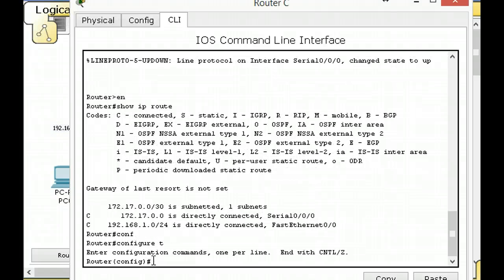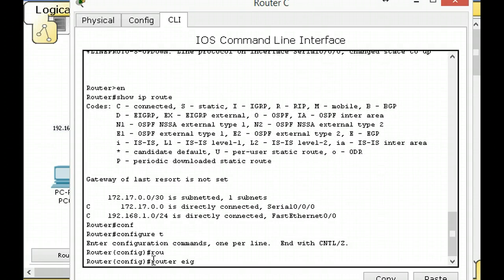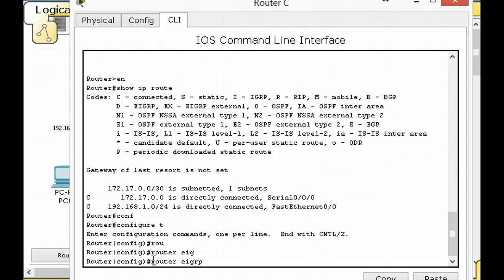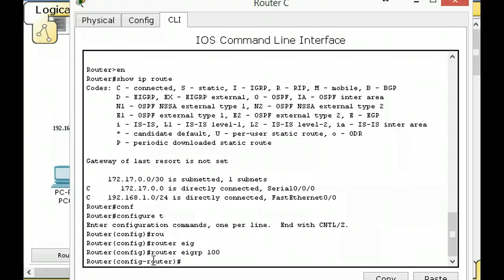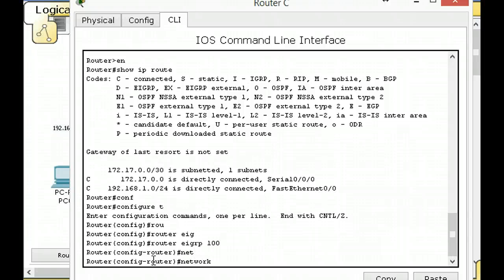configure mode and do a router EIGRP, and now I have to give it an autonomous system number. Autonomous system numbers says, hey, all your routers with the same number share information with each other. So let's just use 100. It doesn't matter what the autonomous system number is as long as they're all the same autonomous system number. After that, I need to give the network commands, and I can give the